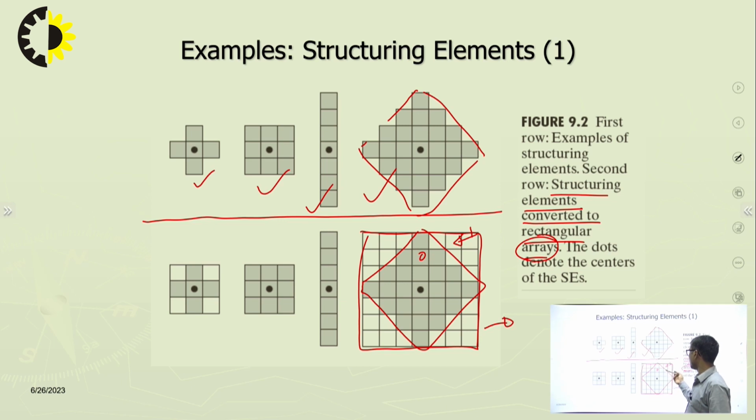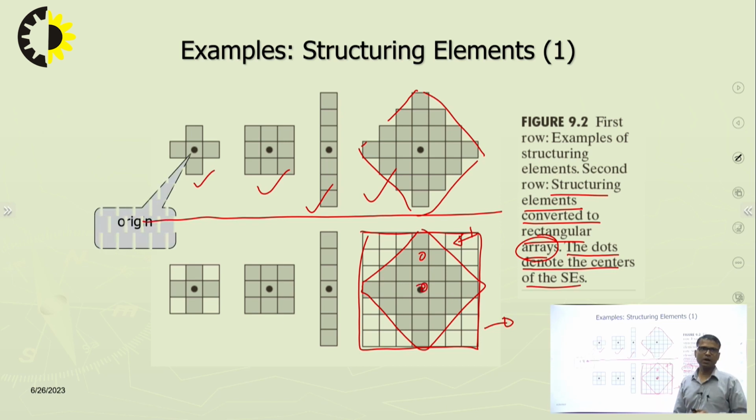So, this structuring element has a white background with a black foreground. Likewise, we can have the opposite also, depending on the requirement of the image. And one important thing is the dot, that is a black point, which is the center of the structuring element. Now,